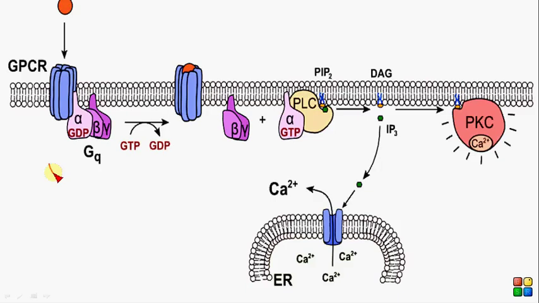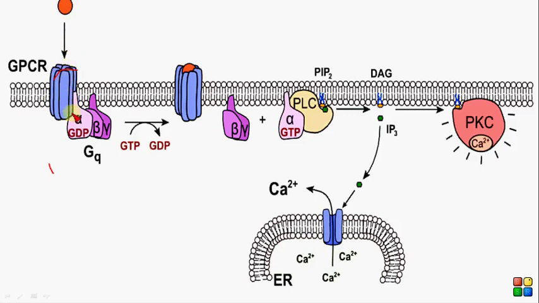Well, in this video, we are going to discuss the Gq signaling pathway, the phospholipase C signaling pathway. So, how does this pathway work? Basically, there is a G protein coupled receptor lying in the cell membrane. What happens? A molecule comes, a hormone or neurotransmitter or whatever the ligand is, and binds to the receptor here, and